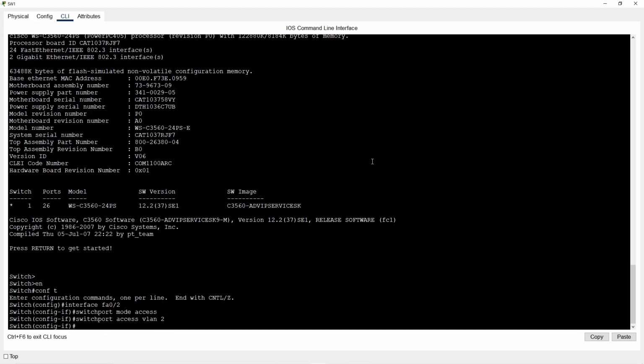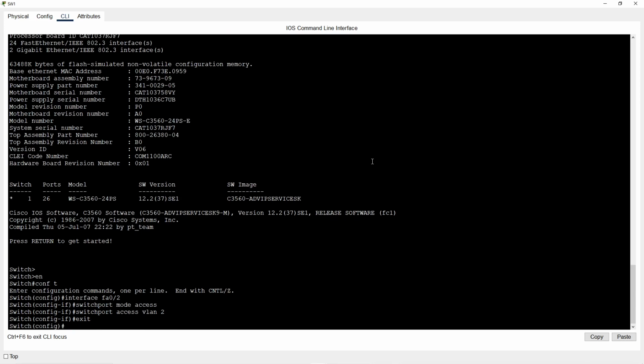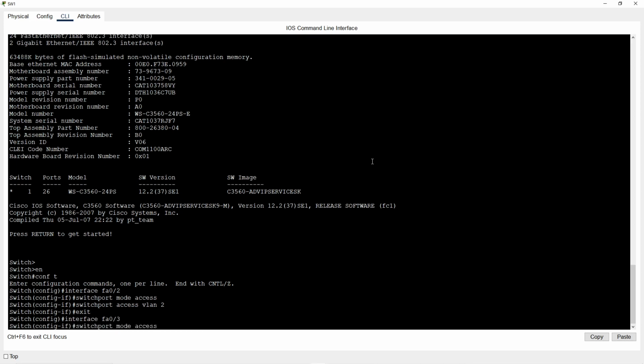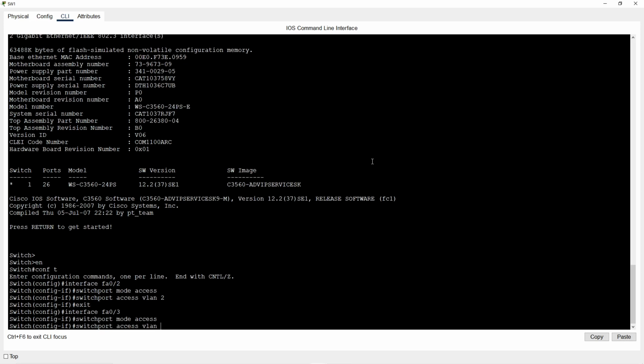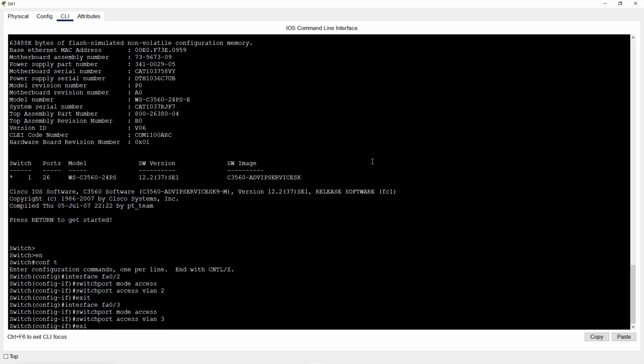I will exit from interface Fast Ethernet 0/2 subconfiguration mode. Then I will configure interface Fast Ethernet 0/3. I can use my up arrow key, delete 2 and make it 3. Switchport mode access, switchport access VLAN 3. Let's exit, exit